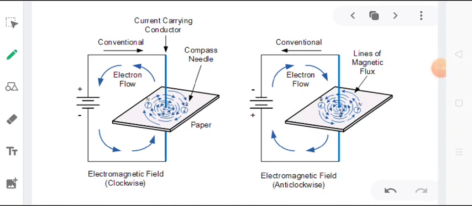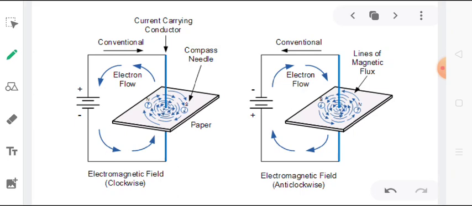So, now on the basis of our understanding of the different experiments, we can say that this would be the observed field pattern. Now, can you tell me which rule has been used to figure out the direction of magnetic field? Like we have been seeing that the pattern of the magnetic field is in the form of circles, but how to find out the direction of the magnetic field? That could be easily found with the help of a magnetic compass, and the rule which actually tells us the direction of the magnetic field due to a straight current carrying conductor is Maxwell's right hand thumb rule.